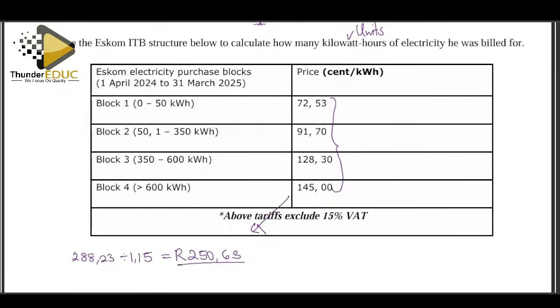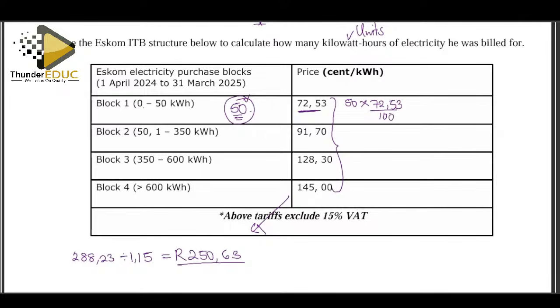So we need to ask ourselves, how many units were they? So we need to break down the table. In block 1, from 0 to 3, he used 50 units. Ask how much it cost him for 50 units. So we say 50 units times this money here, but let's put it into rands. So it will be 50 times 72,